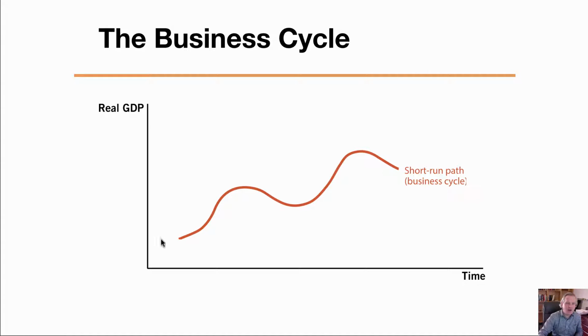This is time on the horizontal axis, and real GDP here, again real meaning we've taken inflation or the rising price level out of the equation. You can see that there tends to be these undulations in the growth of real GDP. It can shoot up really quickly, and then there can be a contraction, and then it goes up again. But this is all hovering around